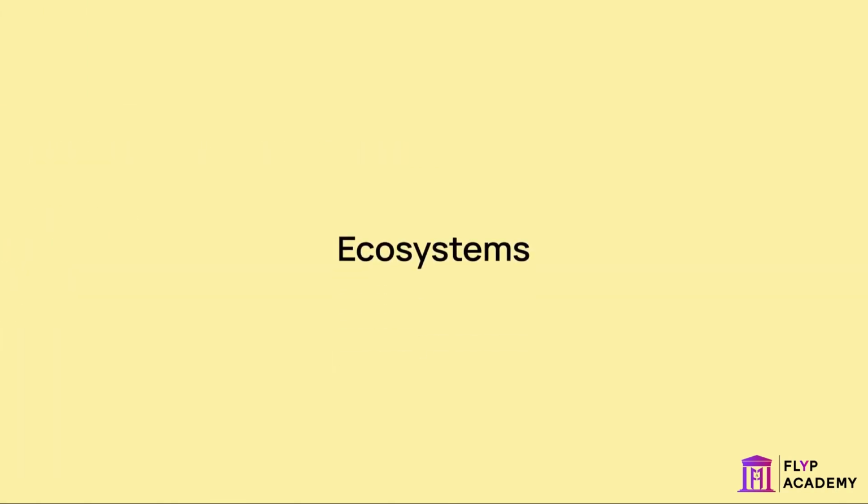All ecosystems depend on organisms called producers. These are organisms that are able to synthesize their own food in the form of glucose by a process called photosynthesis. This means that these organisms do not need to eat like us to get their food. They make it themselves using the energy from the sun, water, and carbon dioxide.